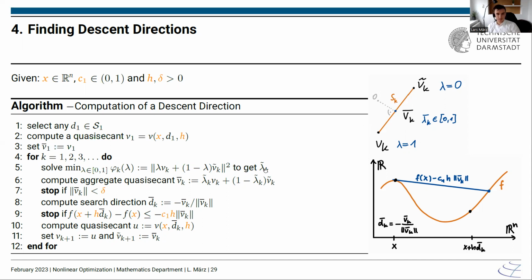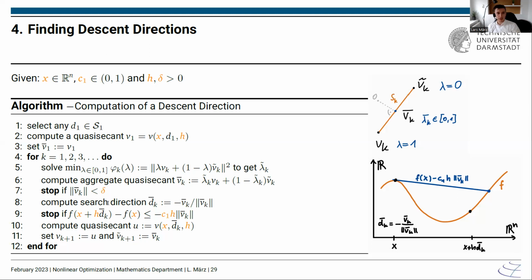And then we call this lambda k tilde, and we define the aggregate quasi-secant to be exactly that point on that line segment. And we stop this iteration if the quasi-secant is small enough. And if that's not the case, we compute a descent direction, which is just the normalized negative of that aggregate quasi-secant,